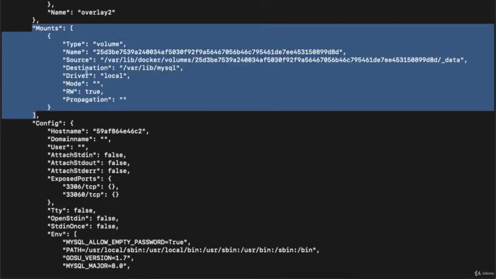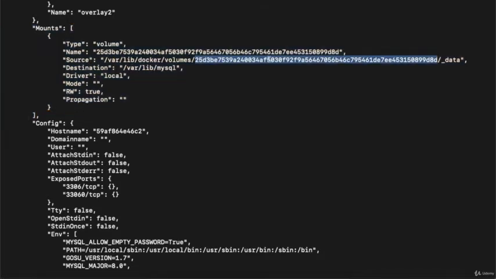Mounts has the destination /var/lib/mysql, and the source is /var/lib/docker/volumes, then some random ID, then /_data, right? So by default, this mysqldb container is writing the data at this particular location.